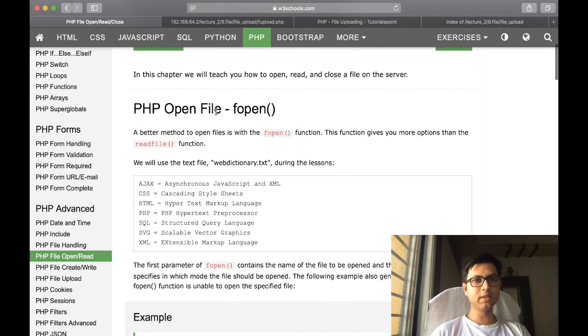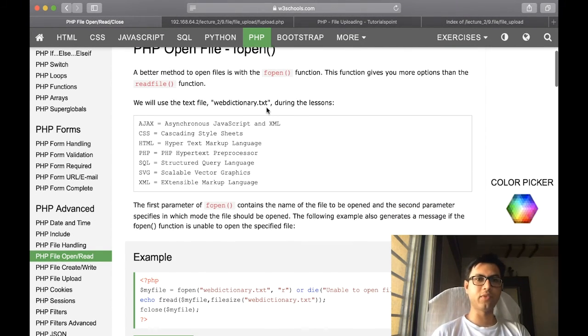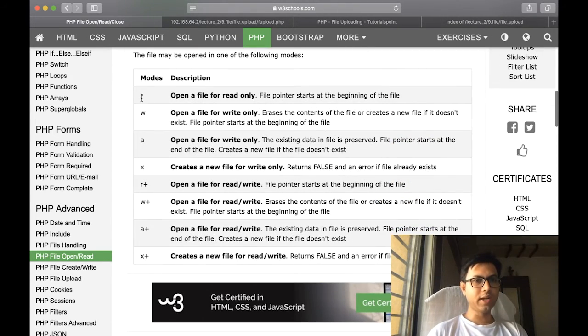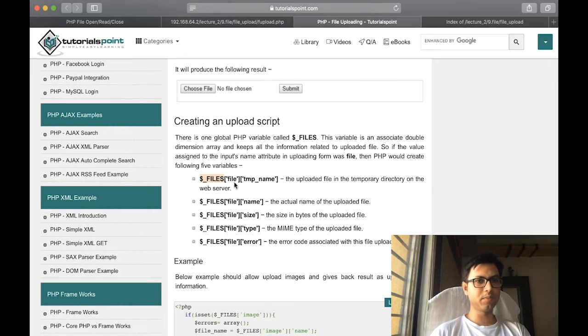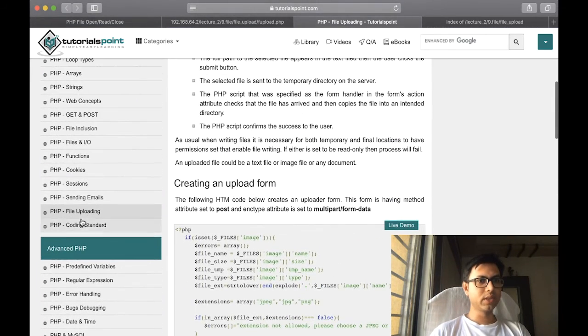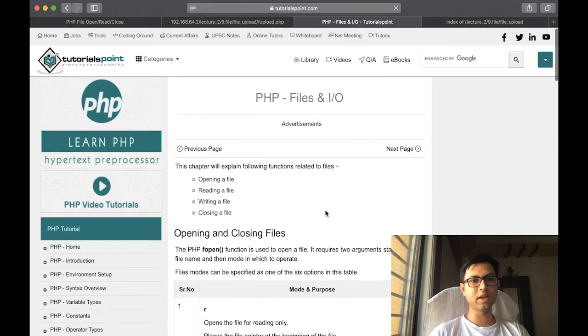We have already learned this kind of topic, that is how to open the file, how to close the file, how to open the file in read, write, append, create and write only mode, write plus mode. So these are the modes. You can go through this using W3Schools, or as I have said, the Tutorialspoint website. In this also, you can visit the file input output section to learn this concept.